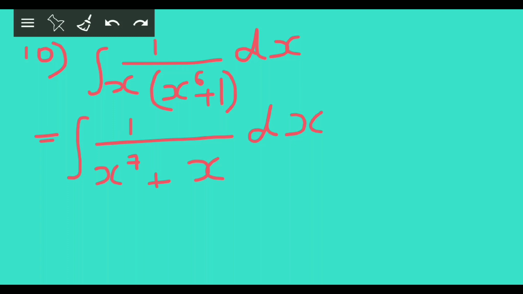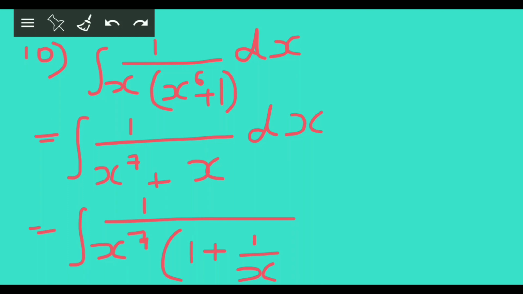Now just check out the next step. In the next step, it is like this. See, 1 upon, we take x raised to 7 outside the bracket. See, in the question x was outside the bracket. Now we have taken x raised to 7 outside the bracket. So in the answer, in the bracket we get 1 plus 1 upon x raised to 6. Just think about the sum for a minute, you will get how it is done. So when we take x raised to 7 outside the bracket, the first term becomes 1 plus the second term, that is x, becomes 1 upon x raised to 6.